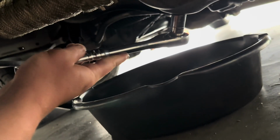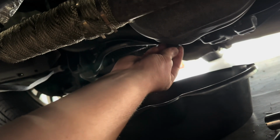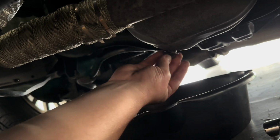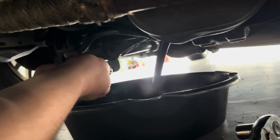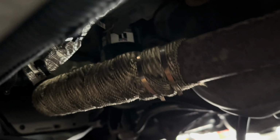yep, I did. And just like that. You can go by hand, use that until you can't do it, and then once you get it hand loose, you can go ahead and drain it. And I'll clean up, and I'll catch you guys when I do the oil filter, which is also right there,